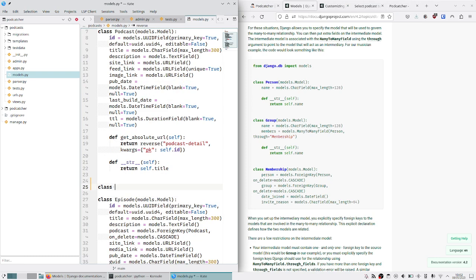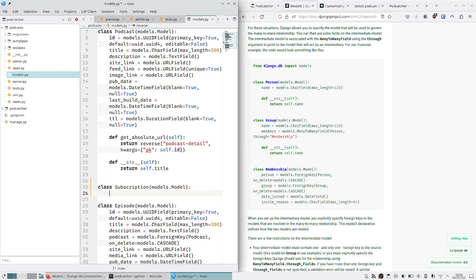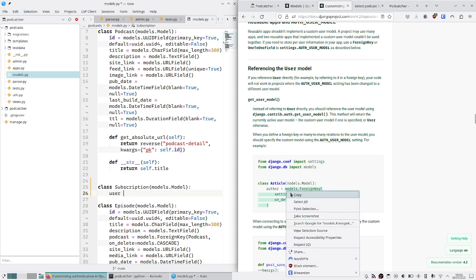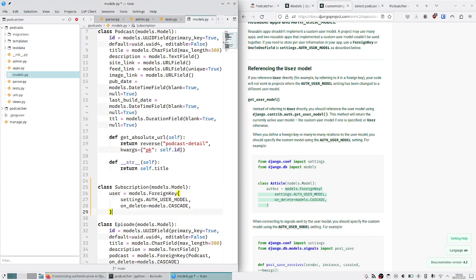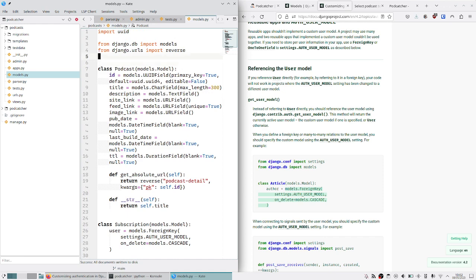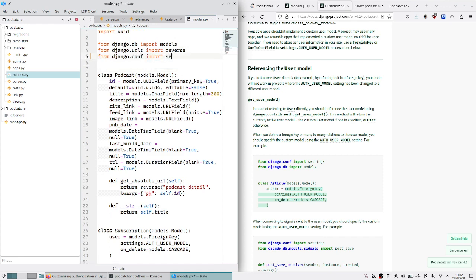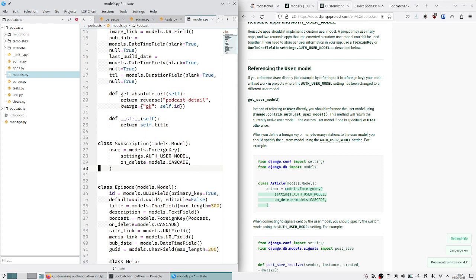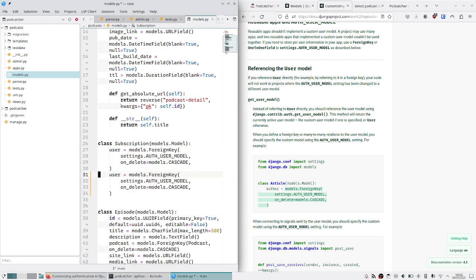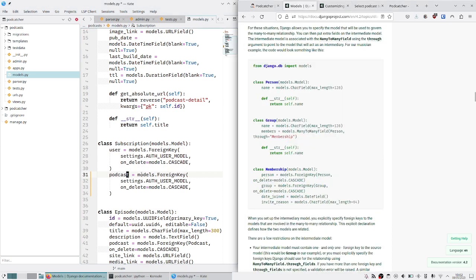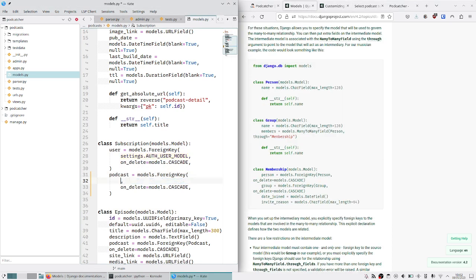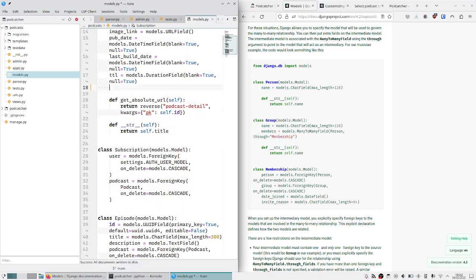So instead of membership, we are going to have a subscription model. And instead of a person, we're going to have a user, and the user is basically just going to be this. User equals this, and we need to import settings. So from django.conf import settings, and the podcast is going to be the same kind of thing. Looking at the example, they have user and group, so our group is going to be podcast. And then we also need up here our